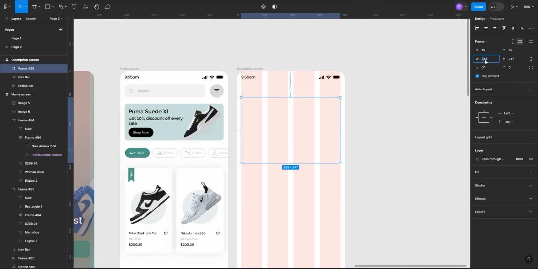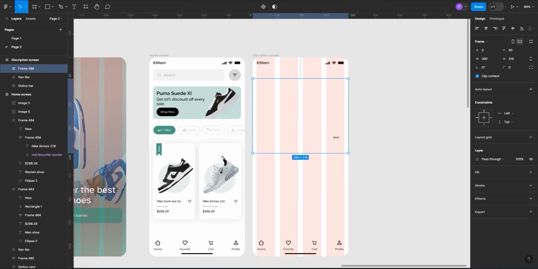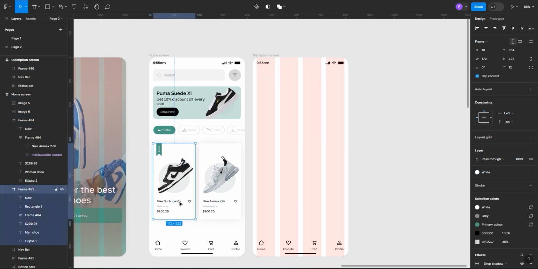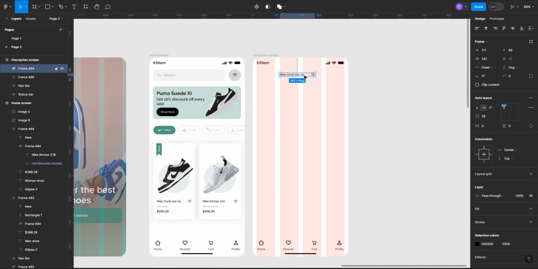Set it to 390. 360. So now let's bring this one. Let's bring it here. Set it to